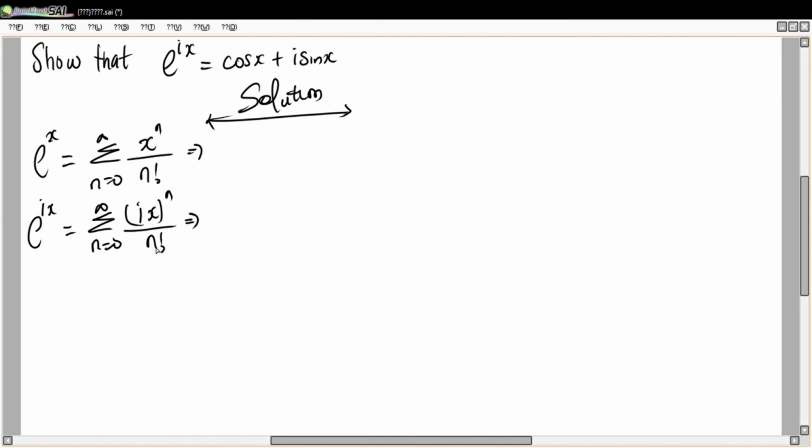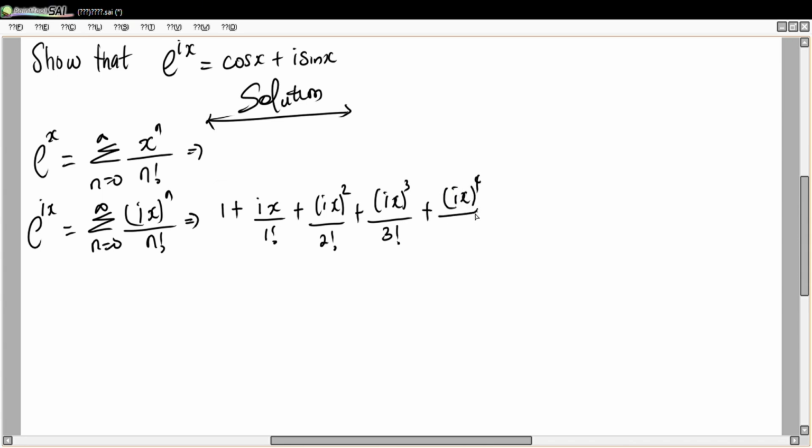Now let's try to analyze this. When n equals 0, we have 1. When n equals 1, we have ix over 1 factorial. When n equals 2, we have ix raised to the power 2 over 2 factorial. When n equals 3, ix raised to the power 3 over 3 factorial. When n equals 4, ix raised to the power 4 over 4 factorial. When n equals 5, ix raised to the power 5 over 5 factorial, plus when n equals 6,